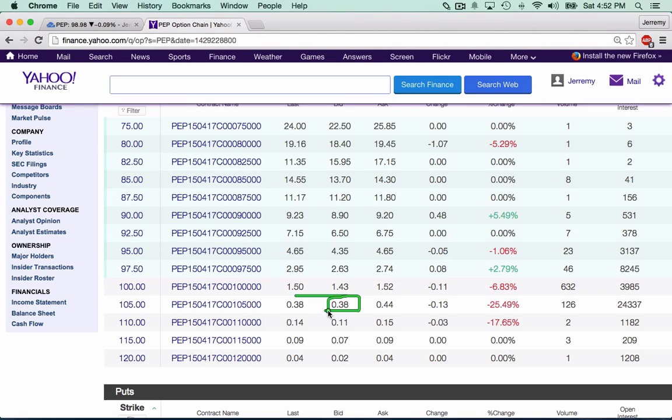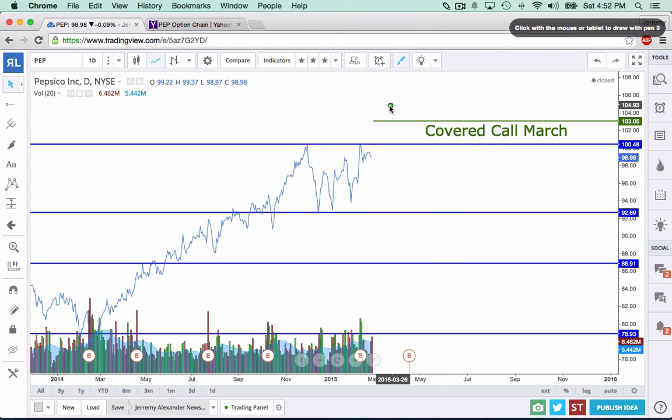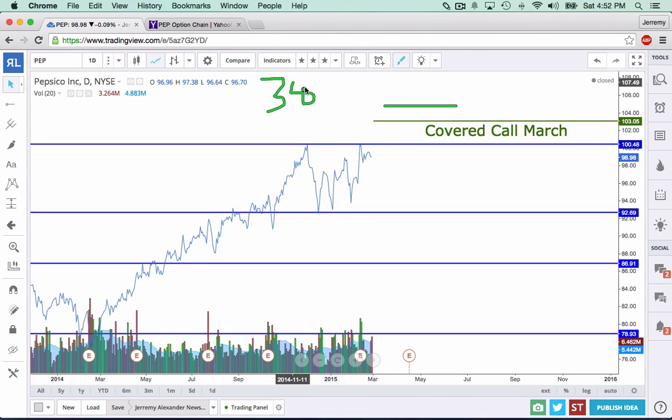So if you had 1,000 shares of Pepsi and you sold a 105 covered call for April, that means you'll be bringing in $380 of covered call premium, and you would receive that premium regardless of what happens to the stock. If the stock goes and stays below 105 by the third Friday in April, you can turn around and do that exact same trade again. If the trade goes up above 105 and you get called away, well, you're locking in a profit, you're selling your shares at a guaranteed profit, and you can simply go and buy another share or